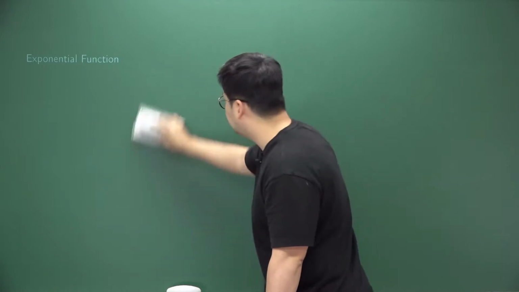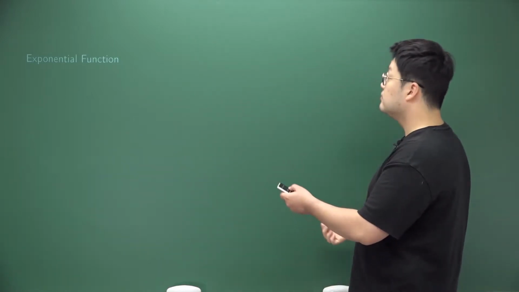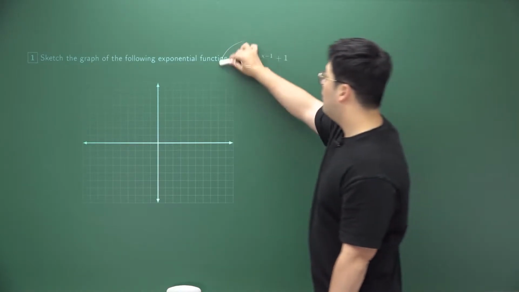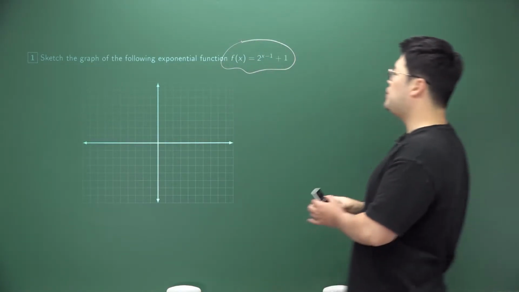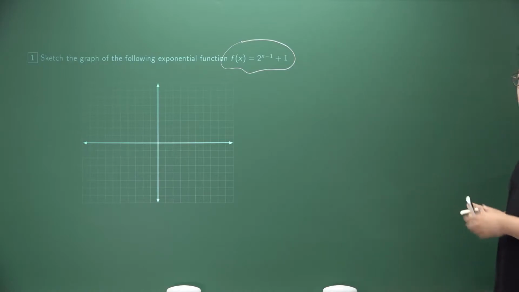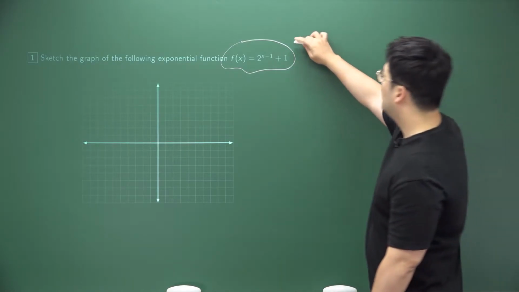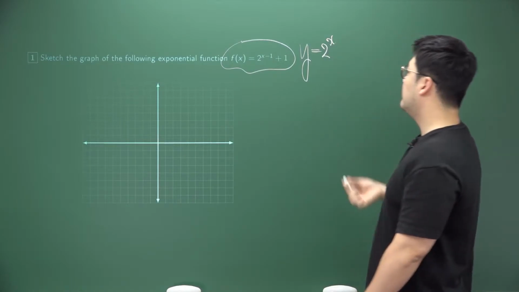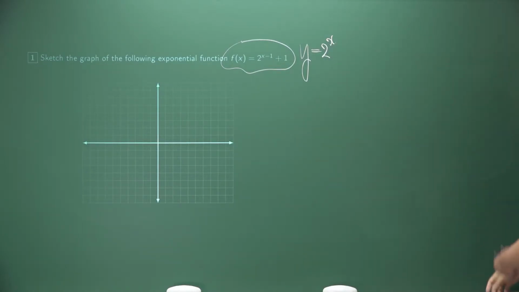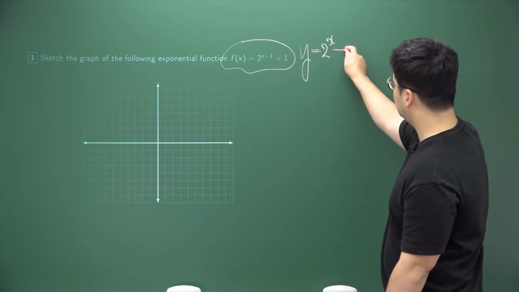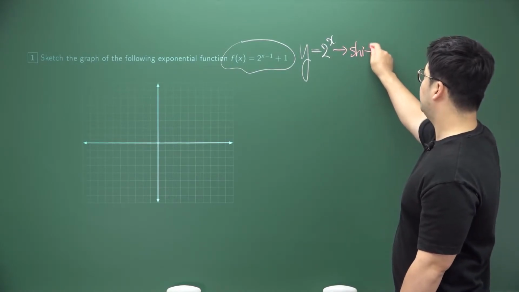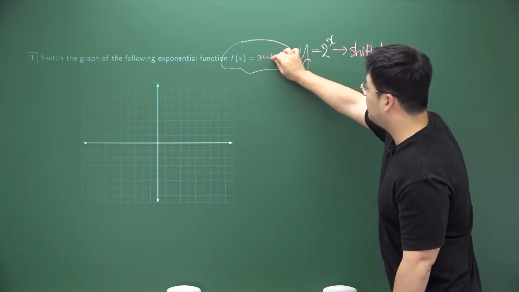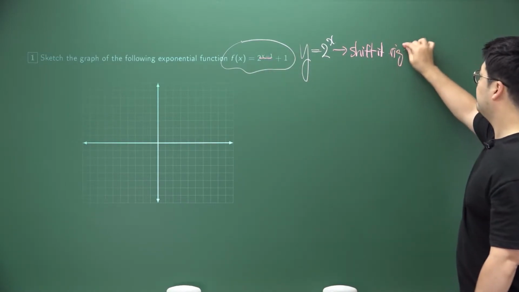So having said this, I would like to go on to sketching y equals 2 to the power of x minus 1 plus 1. So we have y equals 2 to the power of x. That's the original function. And we would like to shift it right by 1,